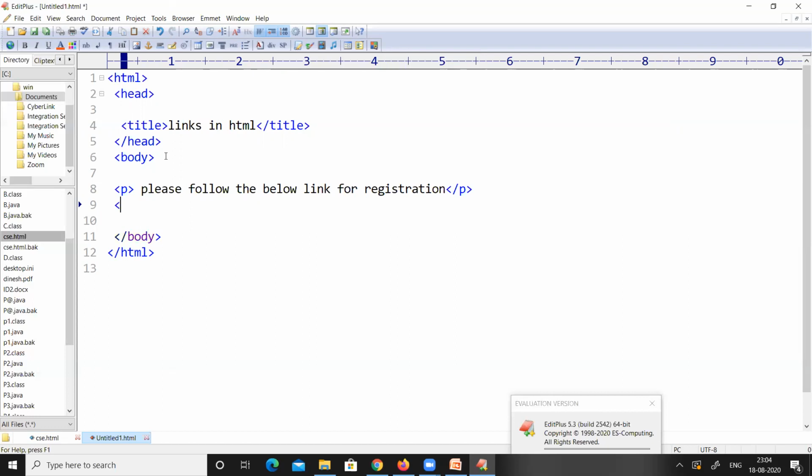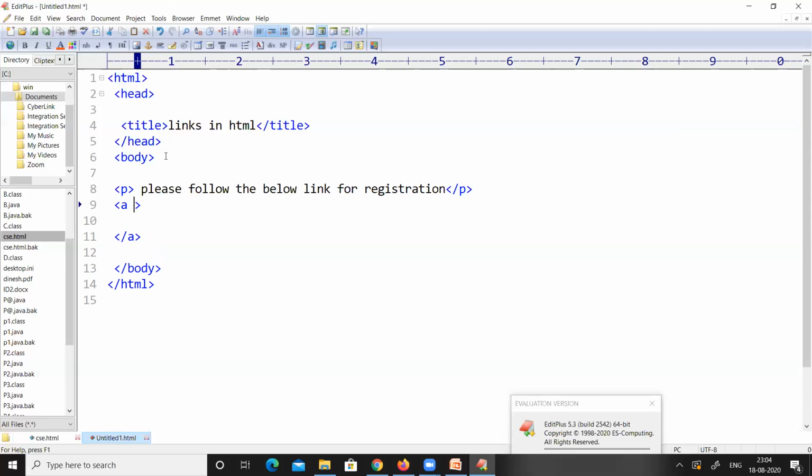So let us create a link. The links in HTML are created by using a tag called the anchor tag. Let us assume this is the anchor start tag and this is the anchor close tag. This particular anchor tag contains multiple attributes, 2 or 3.